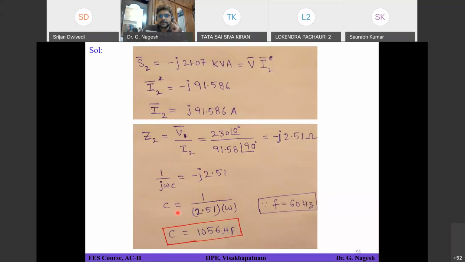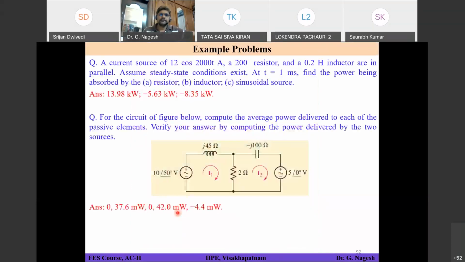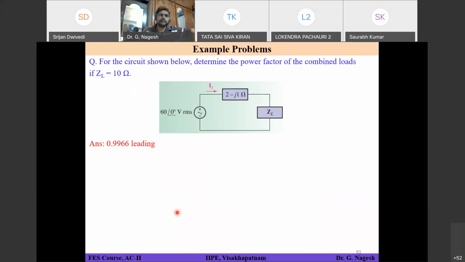Yes, sir. Okay, so this is how you have to proceed with this problem. This will give you an overall picture of how to calculate the capacitance value with complex power, and the concept behind adding a capacitor to improve your power factor. All this idea you will get from this problem. These example problems I have already given in your practice sheet, so the same things are shown here, right?